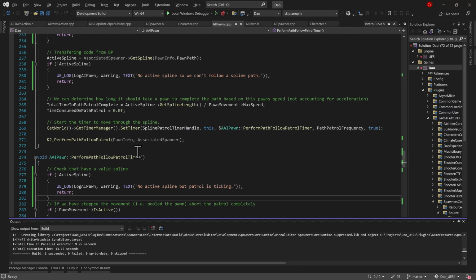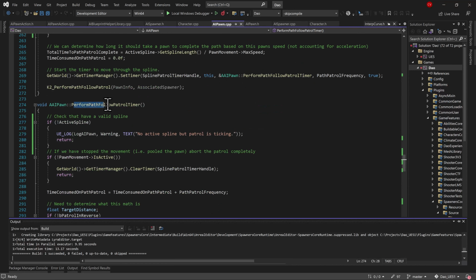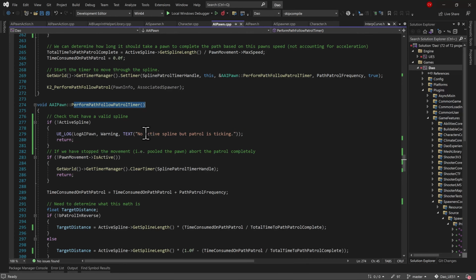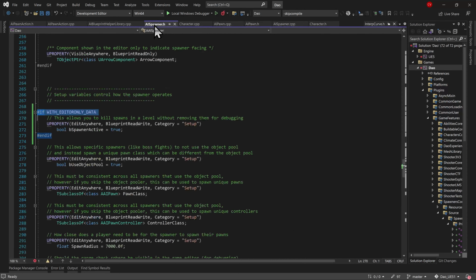Code-wise, there's a couple of things that are important. So here's the perform path follow routine where there's no active spline, which is the message that we're going to get, right here. So this is what I'm going to go debug. But what I wanted to show was in AI Spawner, this spawner activate, I've only got this in editor because you don't want to forget to turn this off and ship your game. So using the with editor forces this piece of code to only compile into the executable when we have the editor included. And at the same time in the